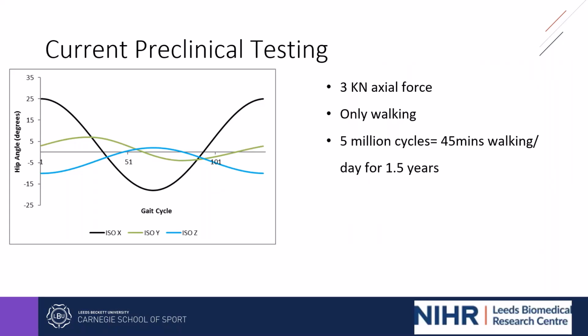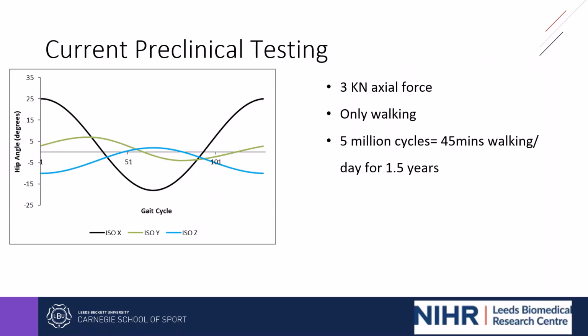We see that it's only for walking as well, when we know patients actually do more than walking. And when they undergo this test at that time point, they only undergo 5 million cycles, which is around about the equivalent of 45 minutes walking for 1.5 days. And we've already just said earlier that these patients are living with these joint replacements for around about 20 years. So testing it for 1.5 years maybe isn't adequate enough to show where those changes are affected during different patient